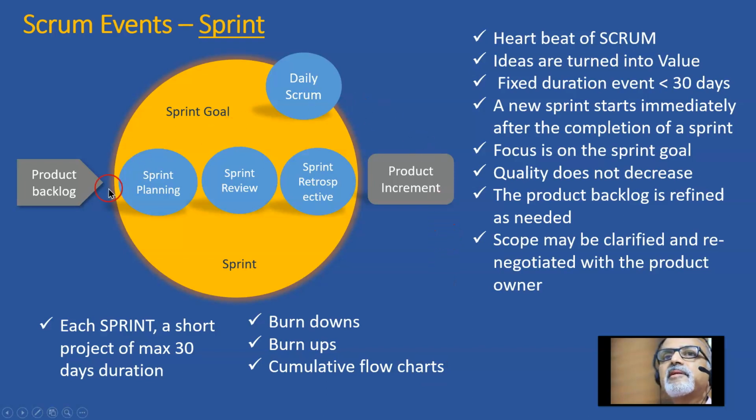So each sprint comprises of a product backlog. The product owner proposes a set of features to be developed, and the team gets into the sprint planning meeting. All the clarifications of the requirements happen. They estimate the work, then they commit to a refined set of features that they develop during the sprint.